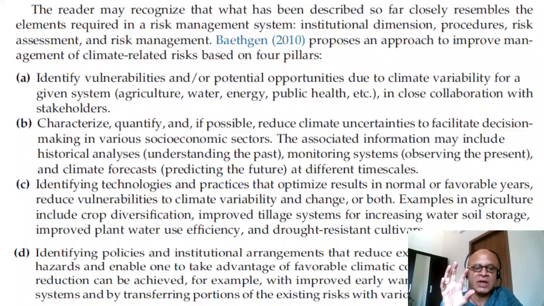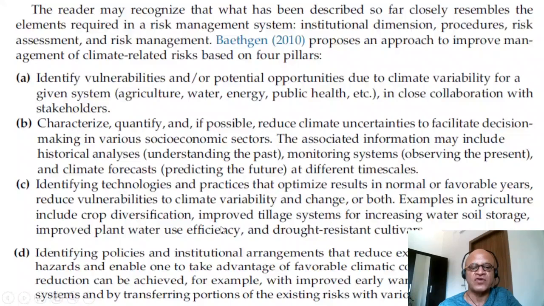Good work has been done there by many groups. Rob Wilby comes to mind, some Indian groups like Subimal Karmakar and so on, which then gives you a way to track vulnerability to crop selection, climate change, temperature variability, extreme events, and so on,